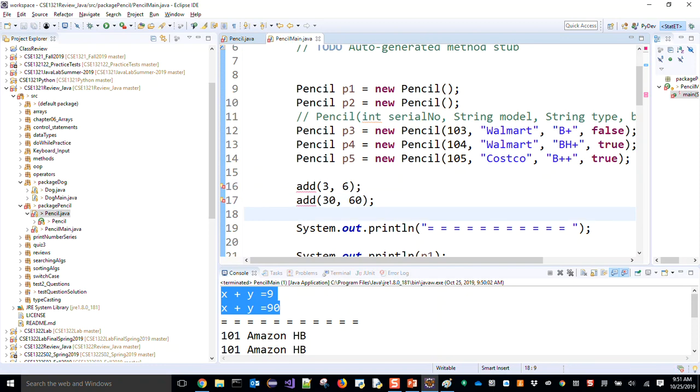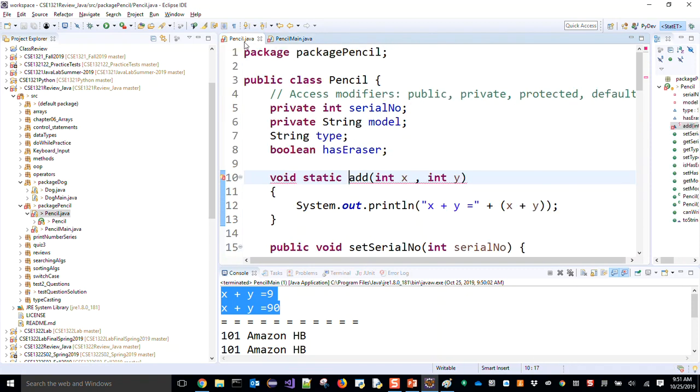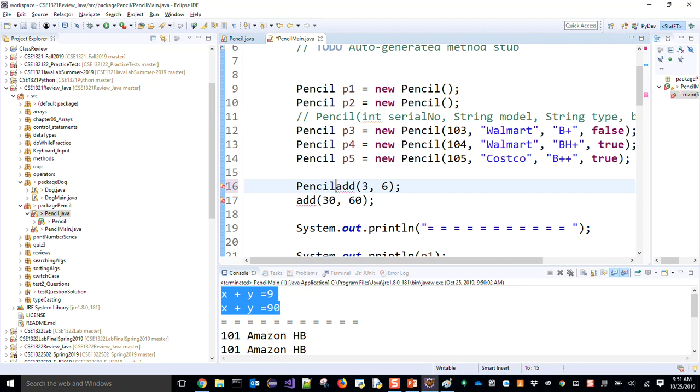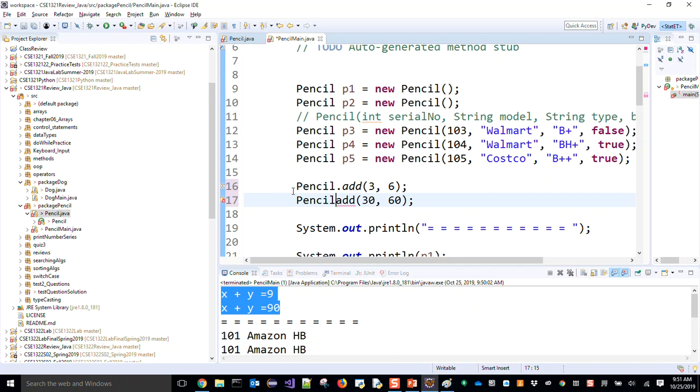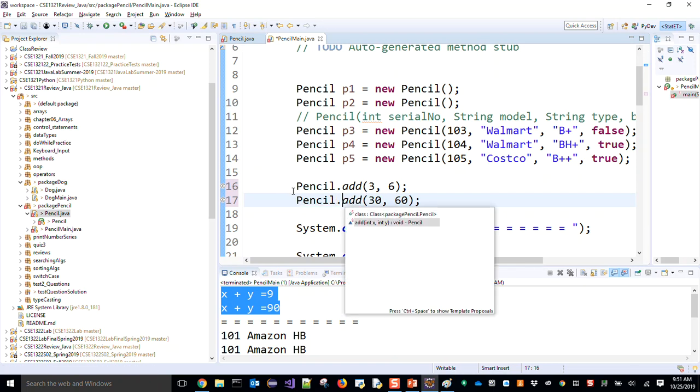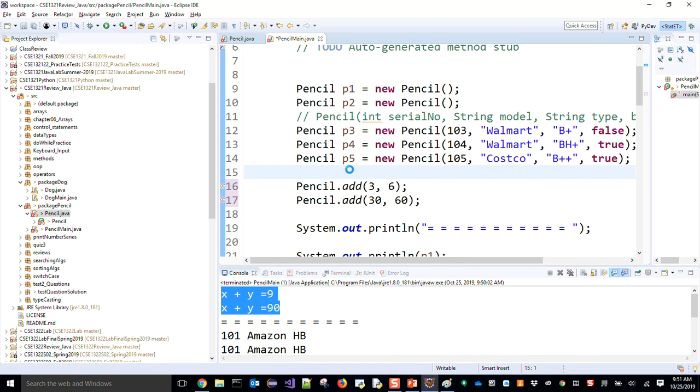Usually the concept is that if you call it within the class, you call it by name, but if it is outside that class, you call it by its class name. The static way is to call it by its class name if it is from another class. Since my add method is defined within my Pencil class, I will call this by